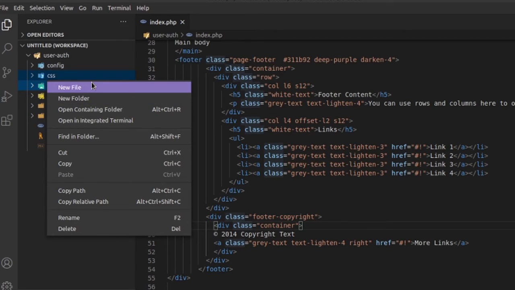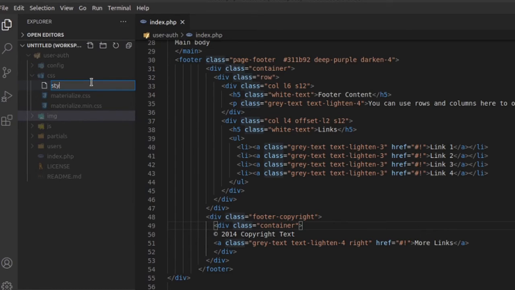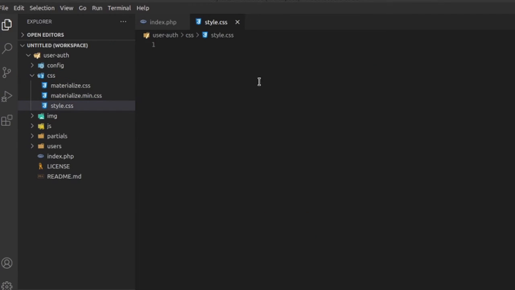Go to CSS. In here I am going to create a new file, style.css. Here I am going to create a style for whole body. That was the class. Okay, in whole body we'll have width of 100%. Height will be 100 vh, tab, and background image